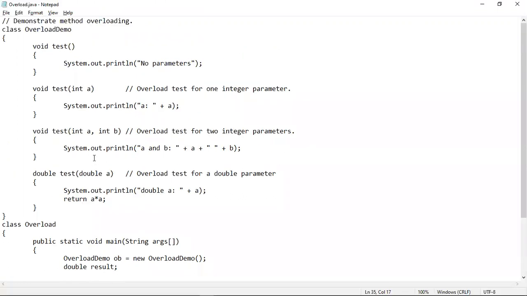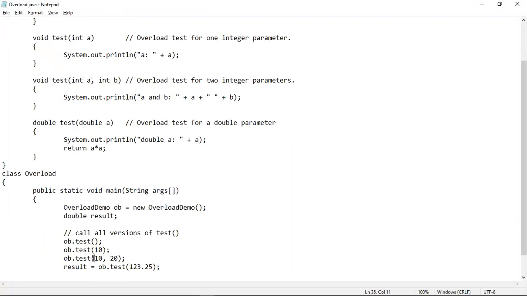So again, the compiler will do the matching, and the match will be found here, because here also there are two integer parameters a and b. So the first parameter 10 will be passed into this a, and the next parameter 20 will be passed into this b. And whenever this overloaded test method is called, the control will be immediately transferred to this test method, because a match has been found here, and this test method will be executed. Whenever it is executed, this statement will be printed on screen. That means the values of the two parameters will be displayed on screen.